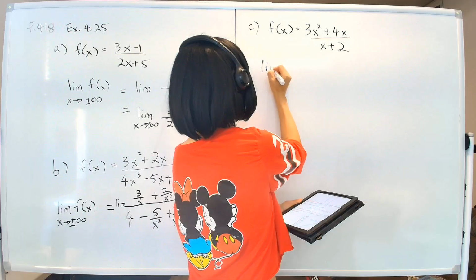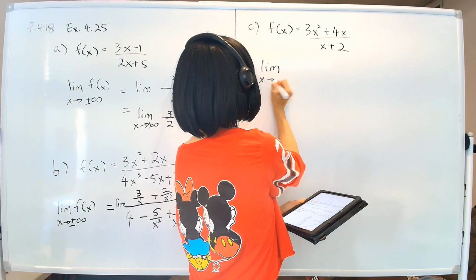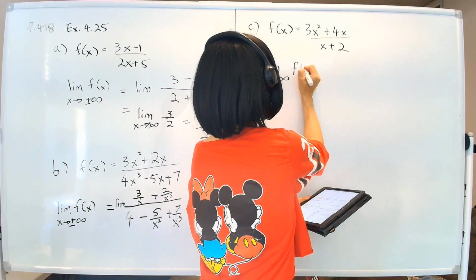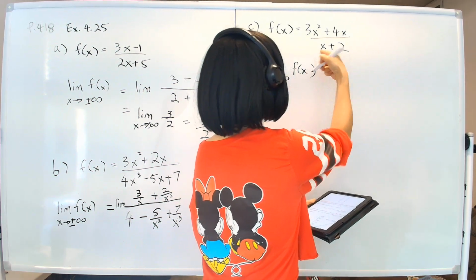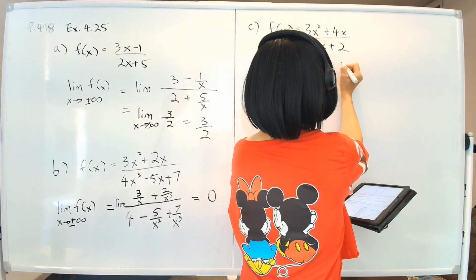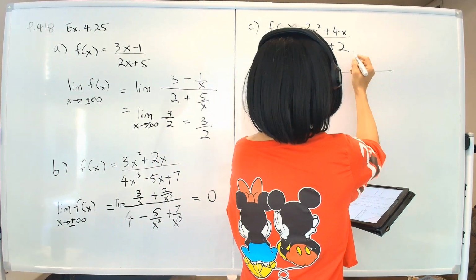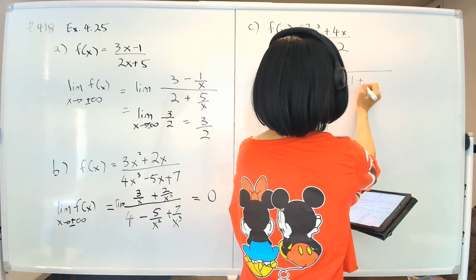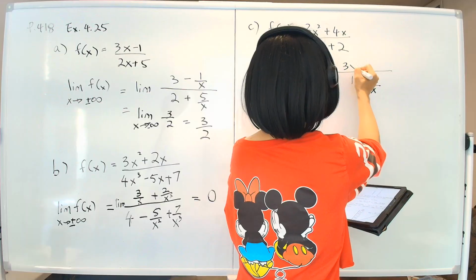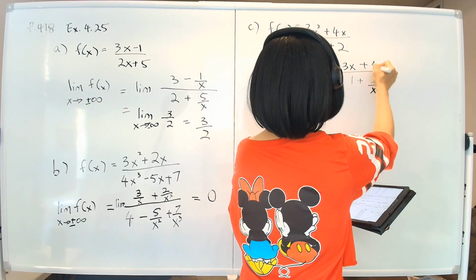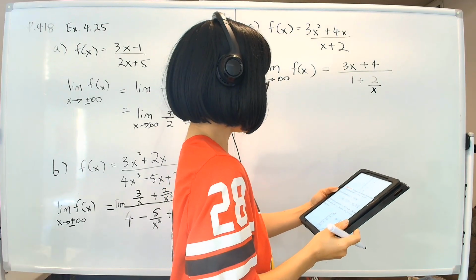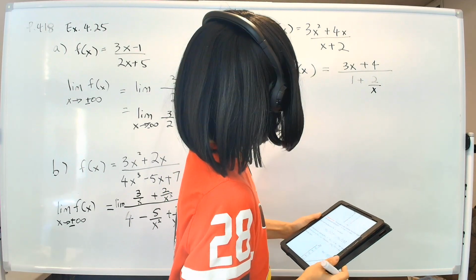So the limit of the function f as x approaches positive infinity, we work on the positive first, f of x equals, dividing by only the highest power in the denominator. So the bottom becomes 1 plus 2 over x, and the top becomes 3x plus 4. Okay, that's pretty good. All right, so now what? So we get this